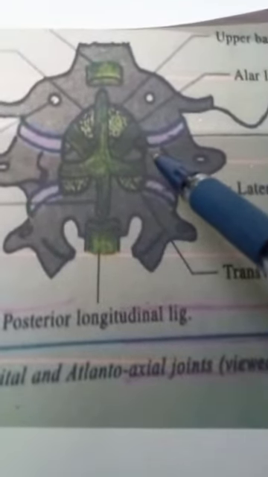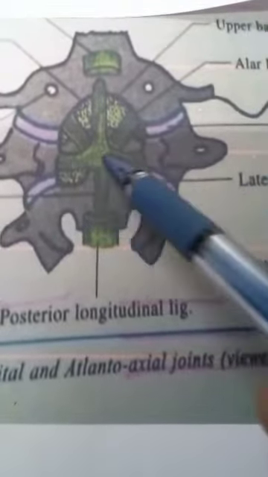This ligament consists of a transverse part and a vertical part. The transverse band or transverse part is represented by the transverse ligament of the atlas. Already we have told about the transverse ligament of the atlas,